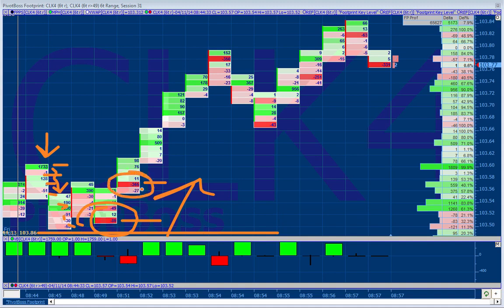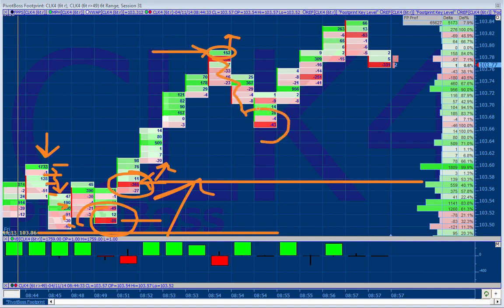Look at this right here. 365 contracts come in to sell, 103.57s, and price again goes up. Price stopped going up when a 152 buy side imbalance comes in and price can't go any higher. It's a trapped buyer. Trapped buyer pushes price lower. Trapped seller pushes price higher. 331 contracts on this pullback. So right now, we're getting close to a point here.